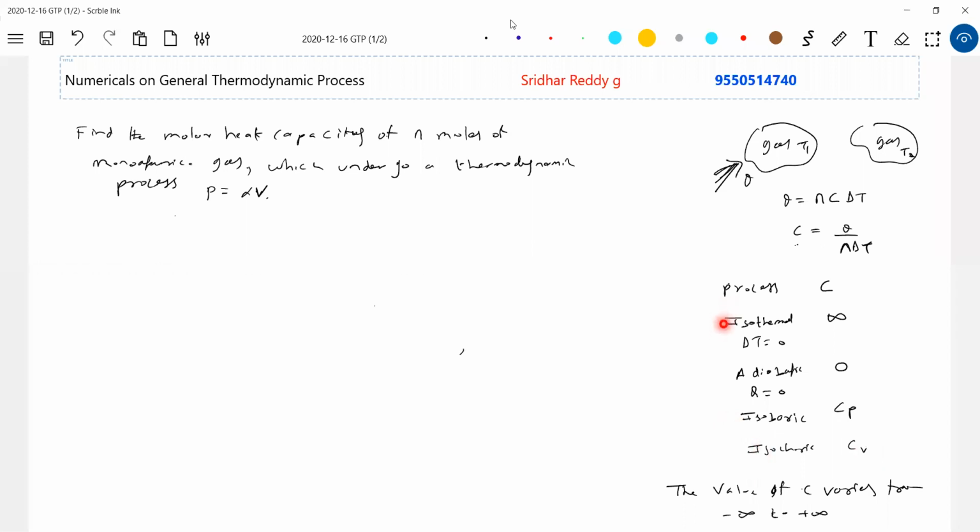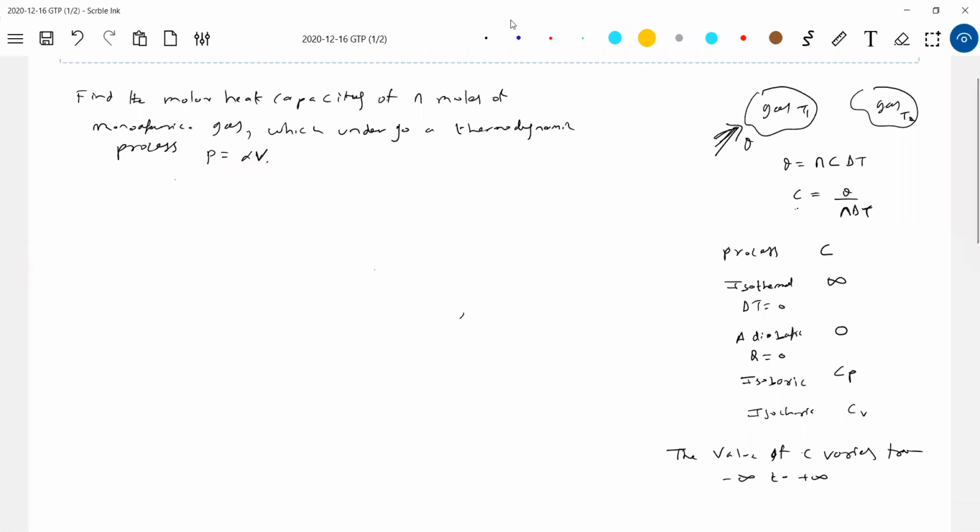We know only these four basic processes. Now, if it is not a basic process, some other process, then we have to calculate the molar capacity. That's why gases are used in applications. You might have studied in chemistry why gases are given so much importance over liquids and solids: with a gas I can make it undergo any process, but liquids and solids will not permit. That's why the engineer will allow it.